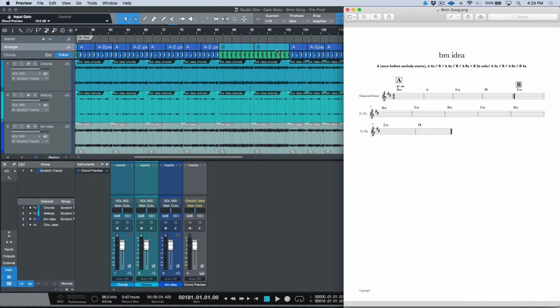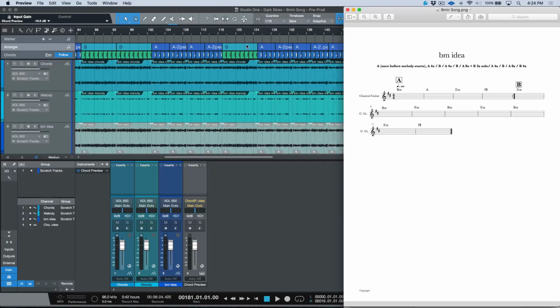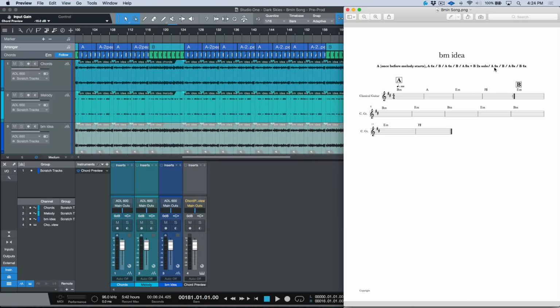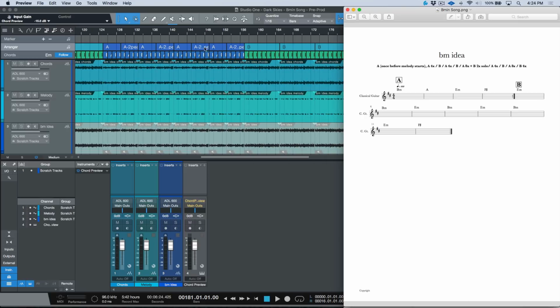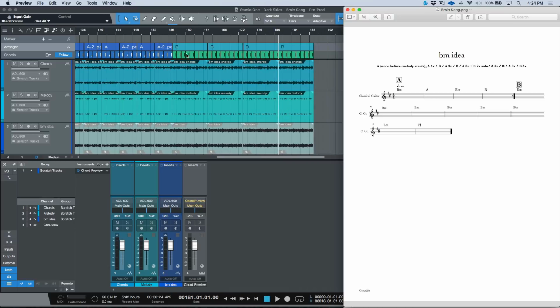And then we go to the guitar solo, which is A 8 times, B 2 times: 1, 2, 3, 4, 5, 6, 7, 8, and 2 B's. Okay, perfect. Now we have A 4 times, B, and A 8 times, B 4 times. A 4 times, B, and then A 1, 2, 3, 4, 5, 6, 7, 8, and then B 1, 2,